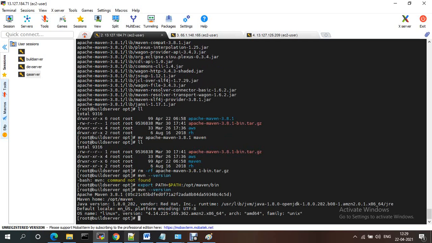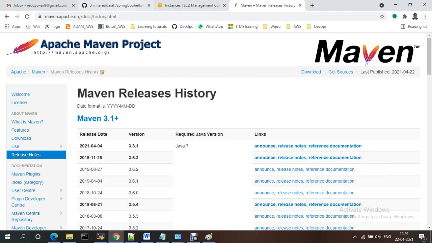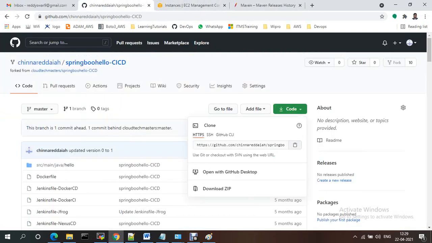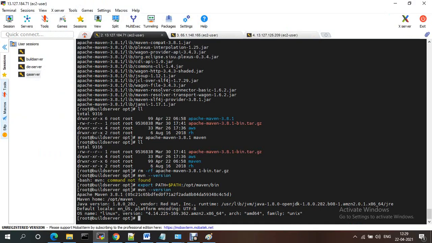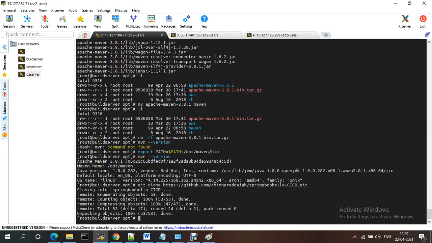So I need to download the code. Currently this is my repository. I need to clone the repository into my local machine. So you just need to use git clone and the repository URL.